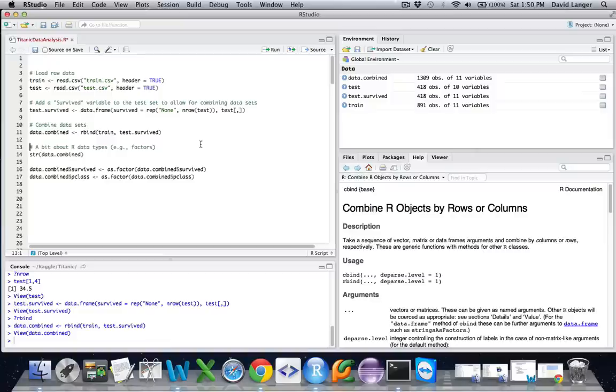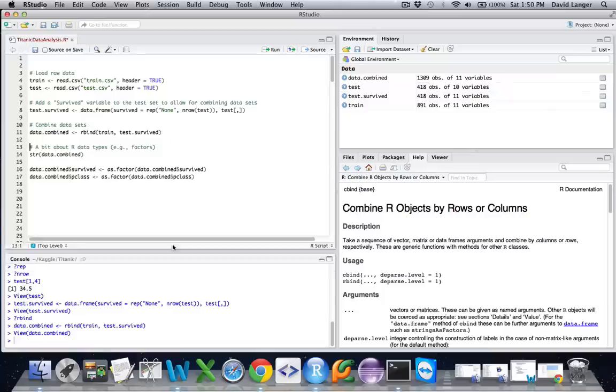Okay, cool, so that's a pretty long explanation for only 4 lines of code that allows you to do some things that are pretty integral to doing data analysis on data sets that would take a lot more lines of code in something like Java, for example. Now that we've got our combined data set, we should probably talk a little bit about data types in R.